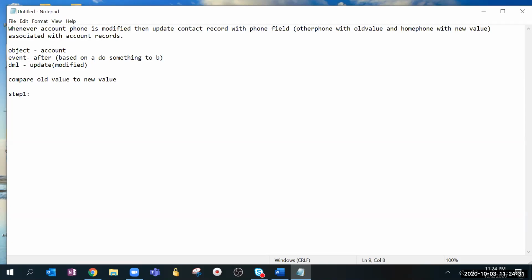That should be step one, because based on that we want to get the related contacts. One account can have multiple contacts, and we want to pull in the contacts which are associated to that account. So first get the account IDs, and on the basis of that get those particular contacts.